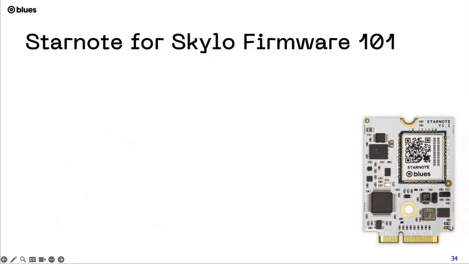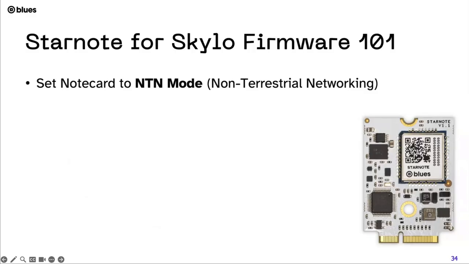So you are programming the note card to decide when and how to use Starnote. That starts with something called NTN mode, which stands for non-terrestrial networking. NTN is, if you don't know, the 3GPP standard for satellite-based interaction with cellular networks, of course, as